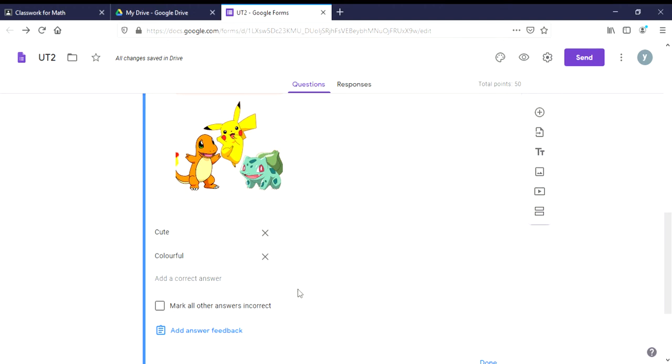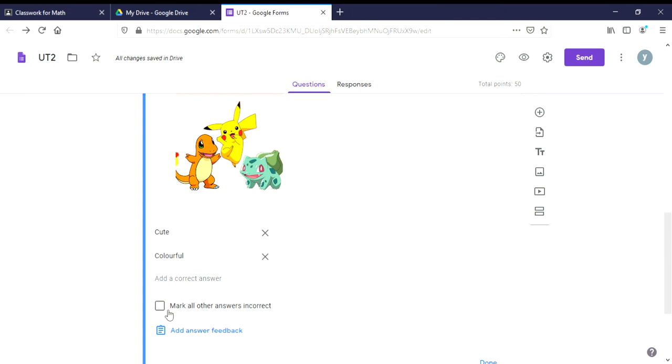And then you see this box here, mark all other answers incorrect. It will be different for the score. Let's say they do this question and then submit it to you. Usually they will be able to see their score right away.